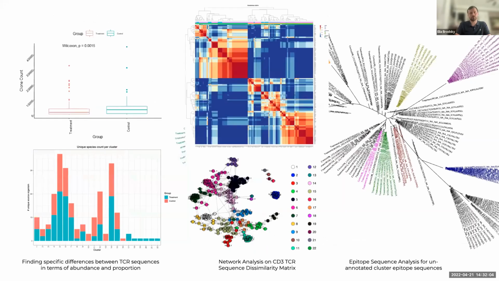So what we were able to do here is to use statistical analysis to identify clusters of clonotypes that were really more abundant in the specific types of treatments that were being researched here, and then use some standard tools to predict epitopes with good binding properties, and then use a distance matrix or a dissimilarity matrix between the sequences of these predicted epitopes to then start asking questions about what are some of the expected and unexpected epitopes that we're finding, to really try to annotate a lot of the unknown sequences that were